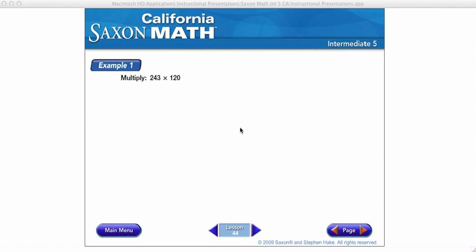Hi everybody, today we're going to be talking about lesson 44, multiplying by three-digit numbers with a 0. So let's go ahead and look here at example 1. I know that whenever I multiply when there is a 0 at the end of my number, that I can put that number on the bottom and move the number over so the 0 is hanging off the end. So my problem would look like this: